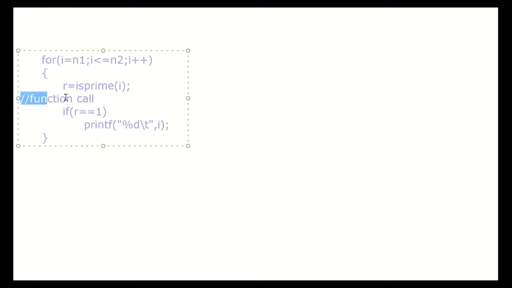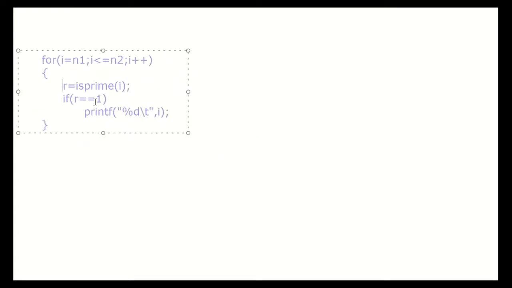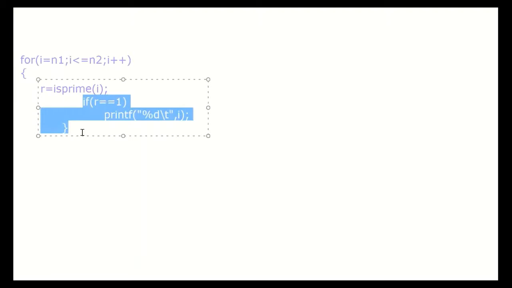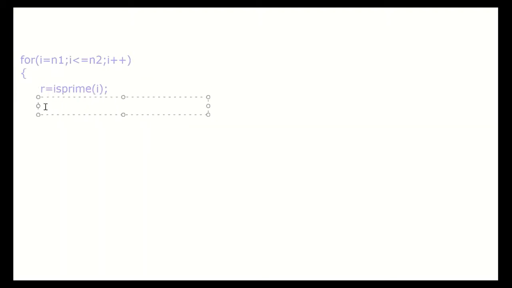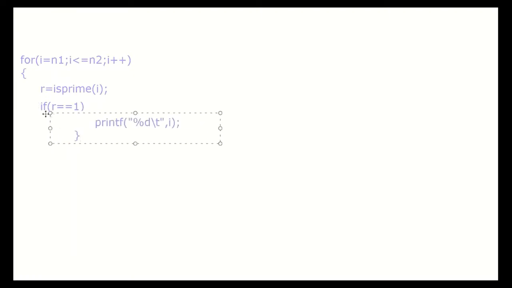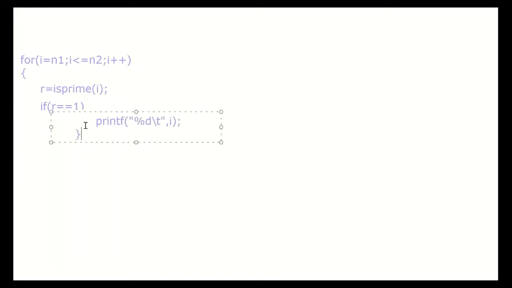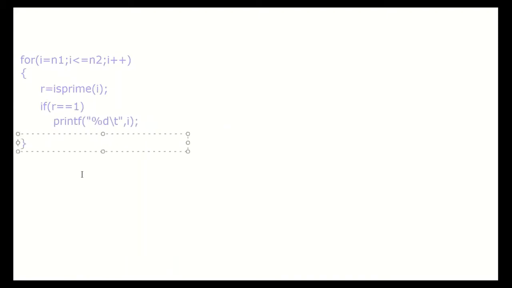The whiteboard now. Let me write the logic. The logic is a for loop followed with the function call there. So I'll just write it again. Then closing the for loop, a small logic.